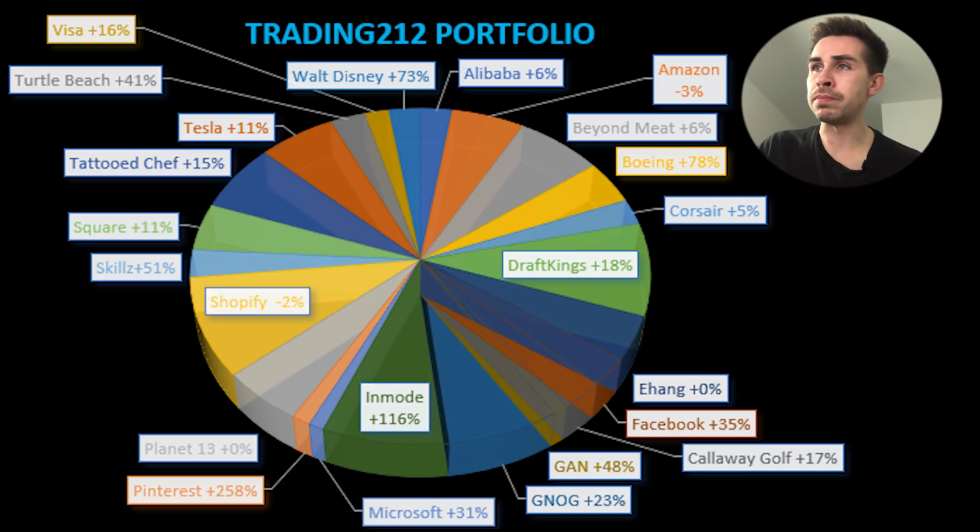And then we've got GNOG. Like I say, I think that position might be gone by the end of the year. I'll probably do a full video on GNOG soon. I know a few guys want that one. InMode I'll keep. Microsoft,